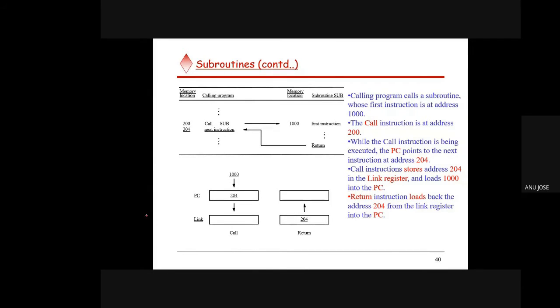So now we will come into what all operations happen when you are calling a subroutine. Usually, this is the main program you have. The program which asks the subroutine to do certain things is called the calling program. You can see the term calling program. The calling program is the one who is asking you to do certain things. Like in our example, I am the calling program and you are the subroutine. So I am calling you for doing certain things.